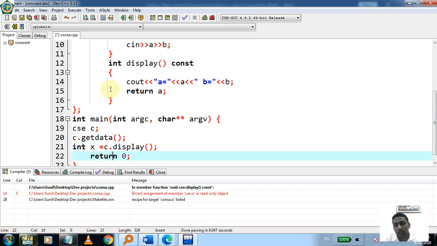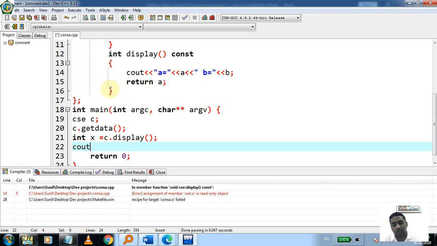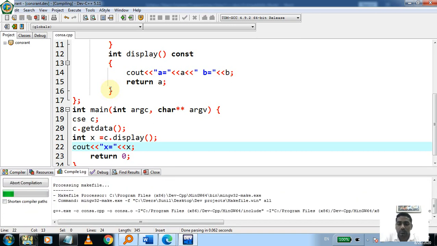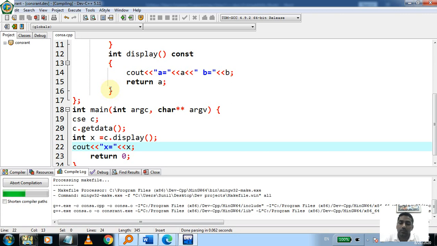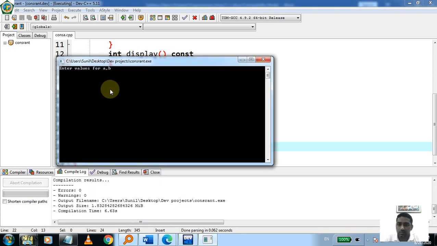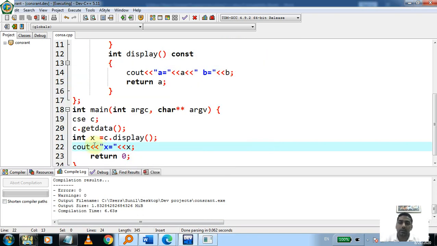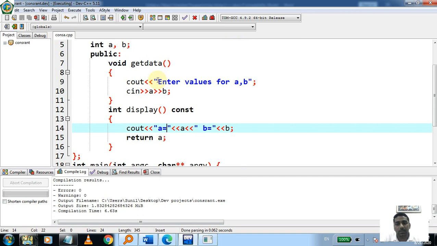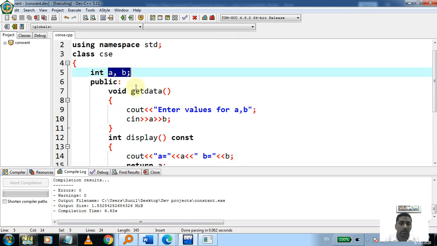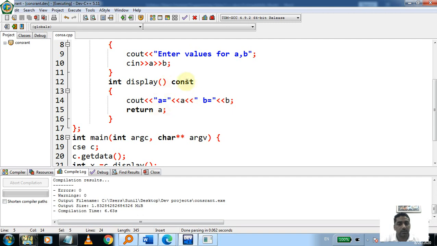Now try to execute it again, using a cout statement for printing x. What value is returned by the display function? X is 23. So it is acceptable outside the function. These variables are normal variables, not constant, but inside the function the value is considered constant.